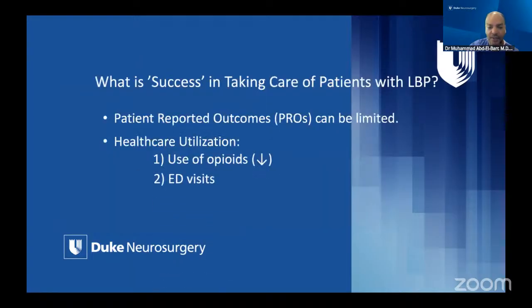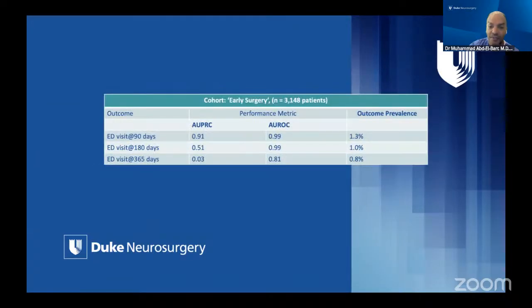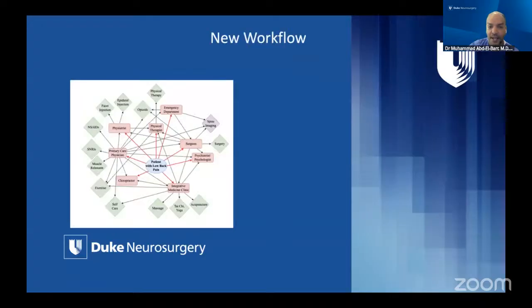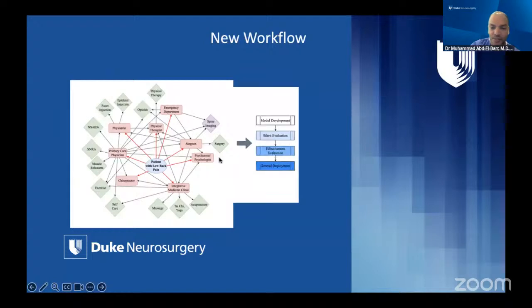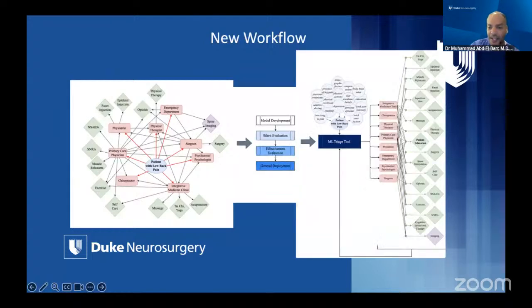Another thing that we wanted to look at was ED visits. So if I do a 2-level spondylolisthesis correction, but Mrs. Jones comes to the ER every two weeks, that's not good. And actually, we were very good at predicting who would come to the ER at those time points. And so currently, we're trying to move from this zoo to a more systematic workflow.